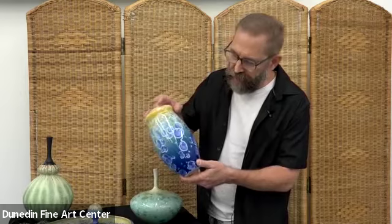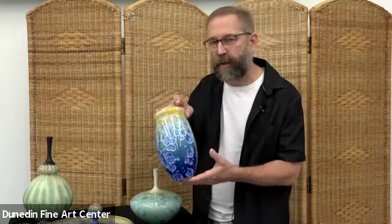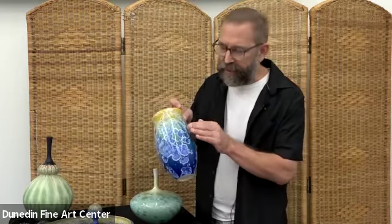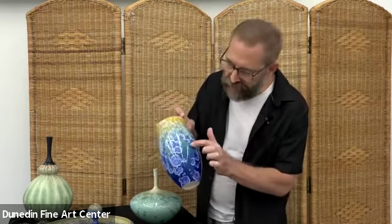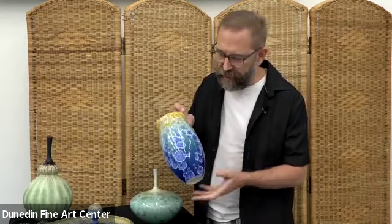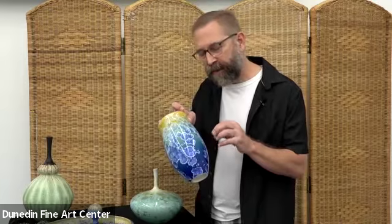So we first fire the piece to melt the glaze, and in this case, it's 2,350 degrees Fahrenheit. And then as it's cooling between 2,000 and 1,800, these crystals will start to form, and you can see there's small little pieces out here. So they'll start off as little tiny crystals, and we spend about 8 hours of cooling time to enable that